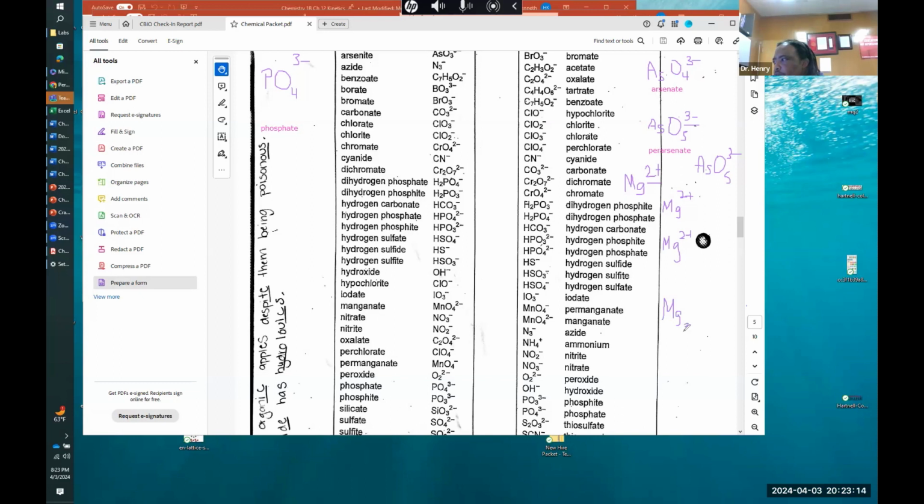Mg3. And then here, we're going to use parentheses because we're talking about having 2 of the perarsenate. And then outside of the parentheses, it'll tell us how many we have, which is going to be 2. Okay? And the name of the compound is going to be called